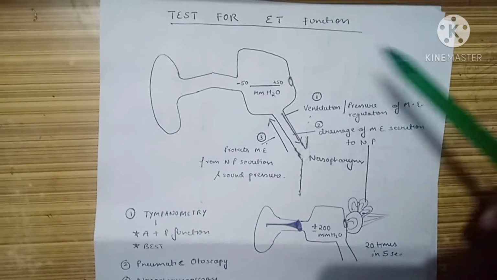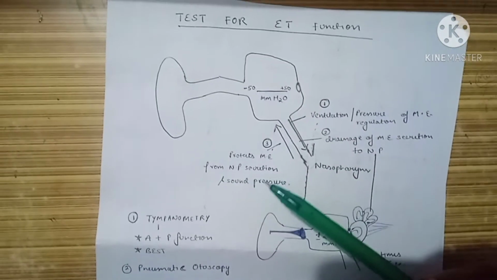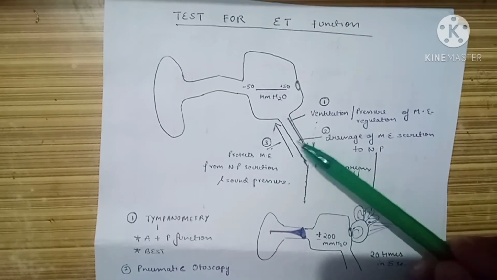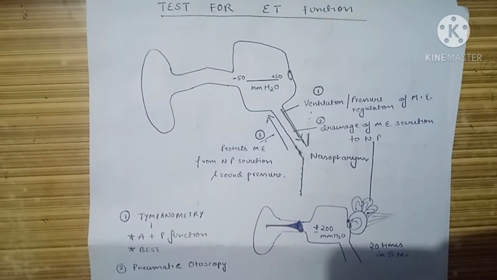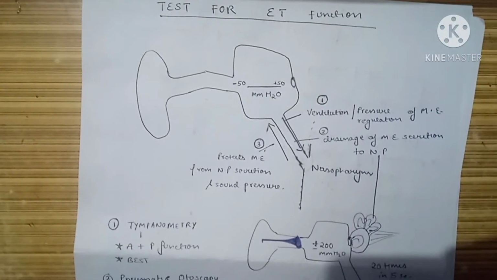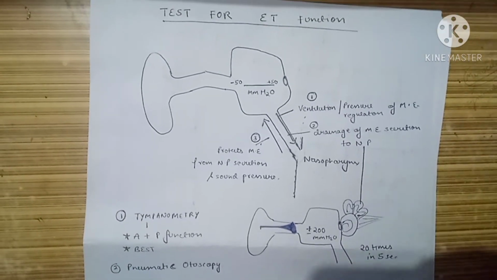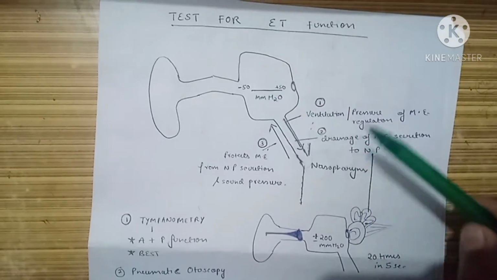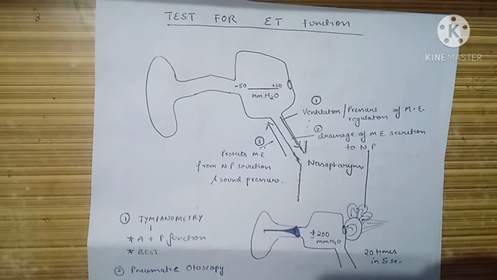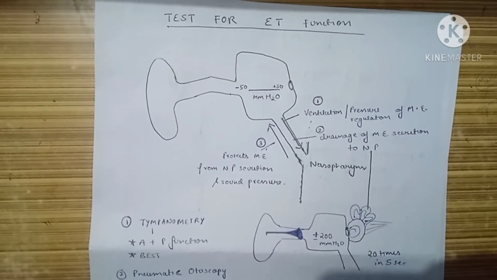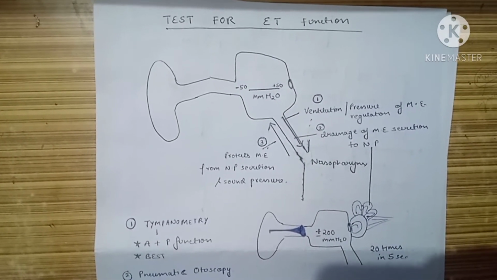The second function is it helps in drainage of middle ear secretions to the nasopharynx. And the third and important function is that the Eustachian tube protects our middle ear from nasopharyngeal secretions. It is more important when the patient has some infection of the nasopharynx or oropharynx, and a closed Eustachian tube will prevent the ascent of the infection to the middle ear. But in cases where the patient is forcefully blowing his nose, the infection may ascend up, causing otitis media. So these are the main functions.